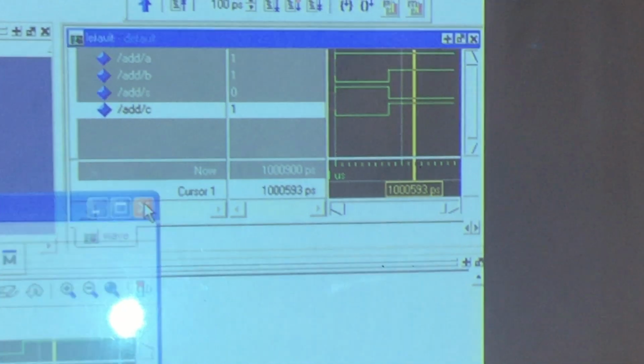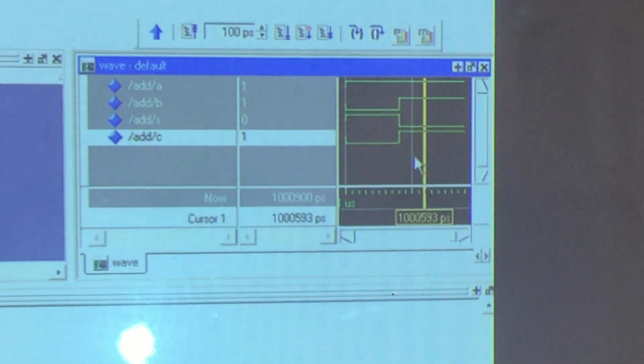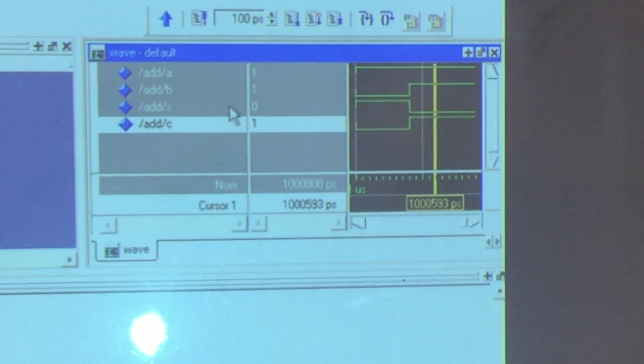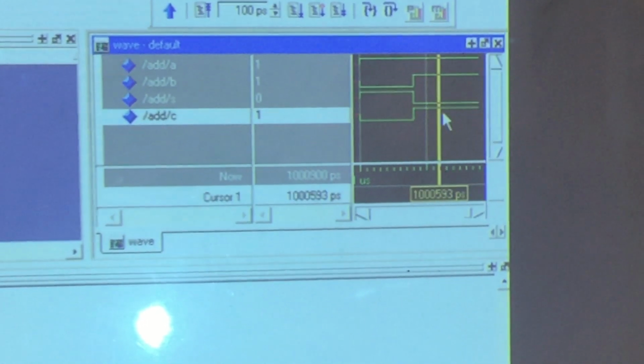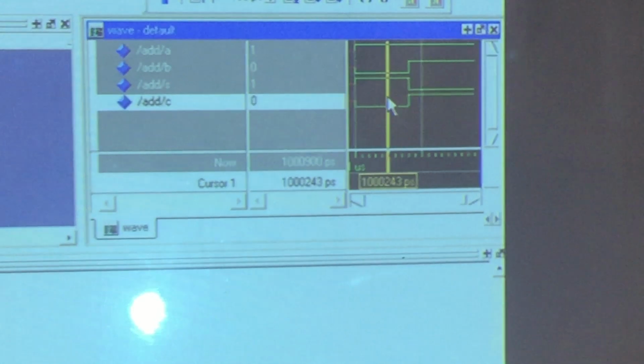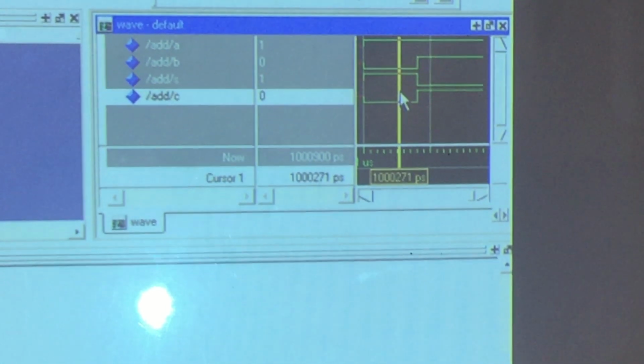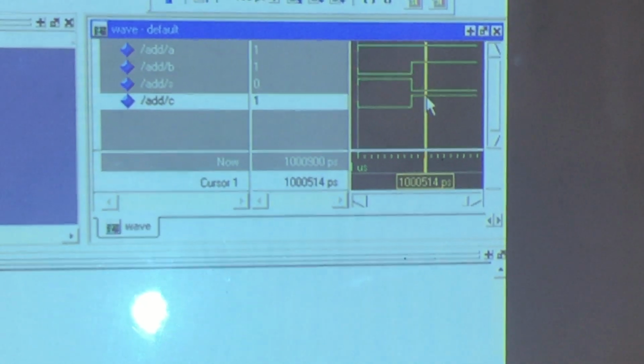Okay, that's it. If you don't want this, leave it. You can see only the waveform over here. See the waveform when A and B are both 0 0. If you move it, the value keeps on changing. Look how much the value is changing here. Okay, that's all the program.